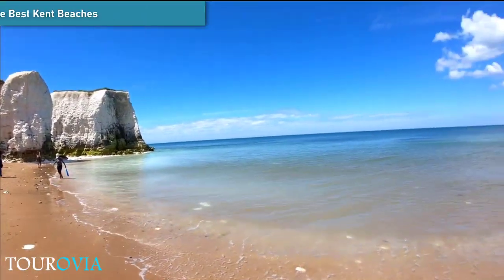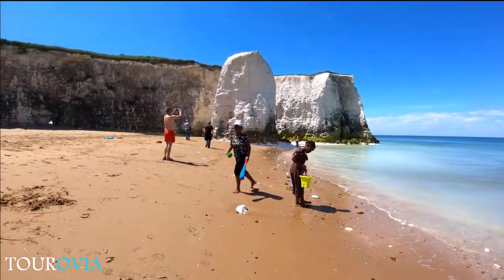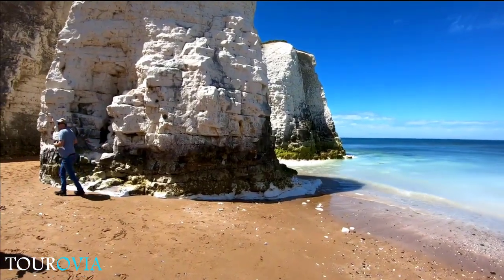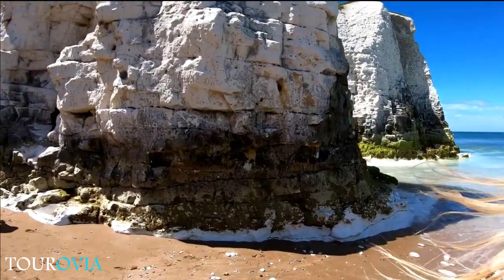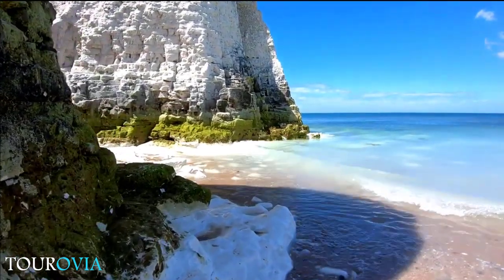Number 6. Spend time on the best Kent beaches. Stretching for a distance of 350 miles, Kent's coast is home to some of the most scenic coastline in all of England. Dotting this coastline are some 50 or more beautiful beaches. While not all are easy to get to, those that are tend to draw beachgoers from across the southeast and